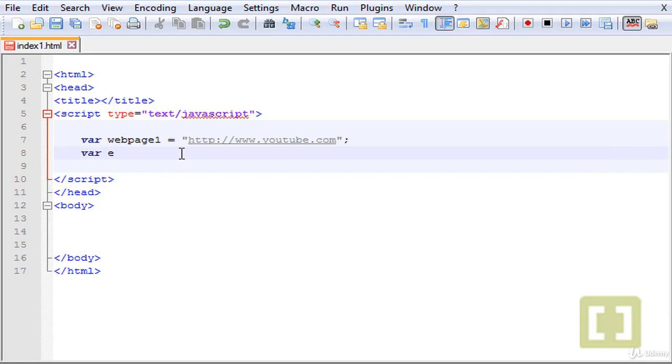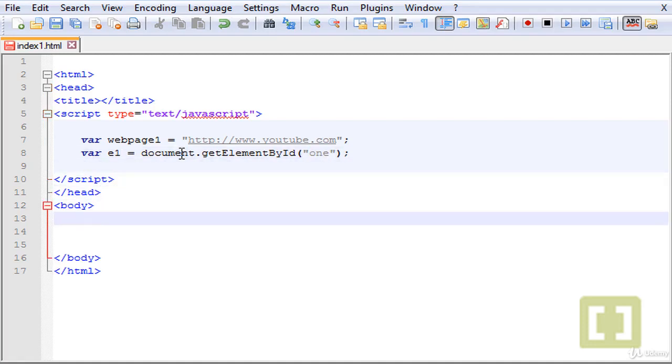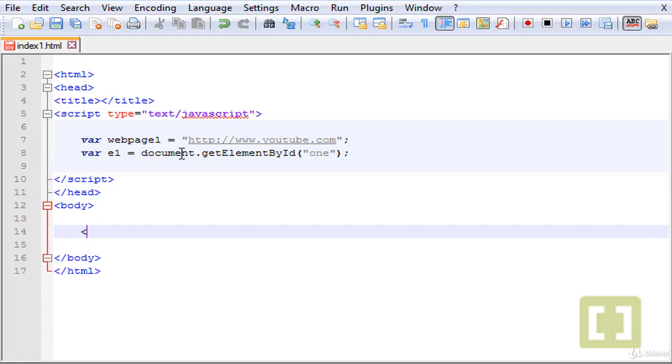Let's call this element1, E1. And this is going to be equal to document.getElementById. And here we're going to type the name of the ID that we have to create later on in the body section. Let's call this 1. Okay. Now we can go to the body section and create a div